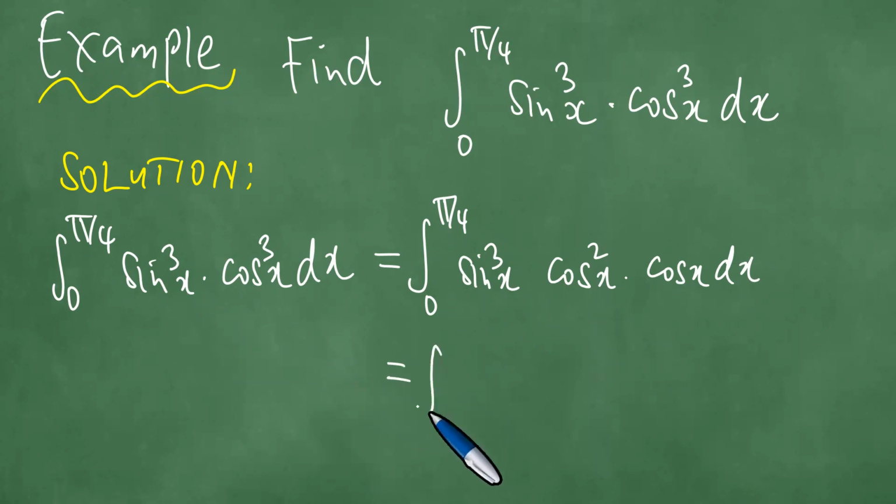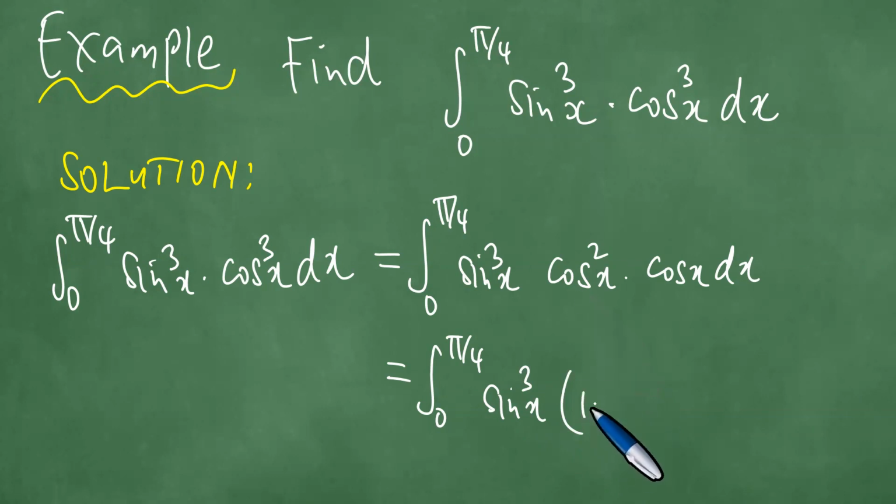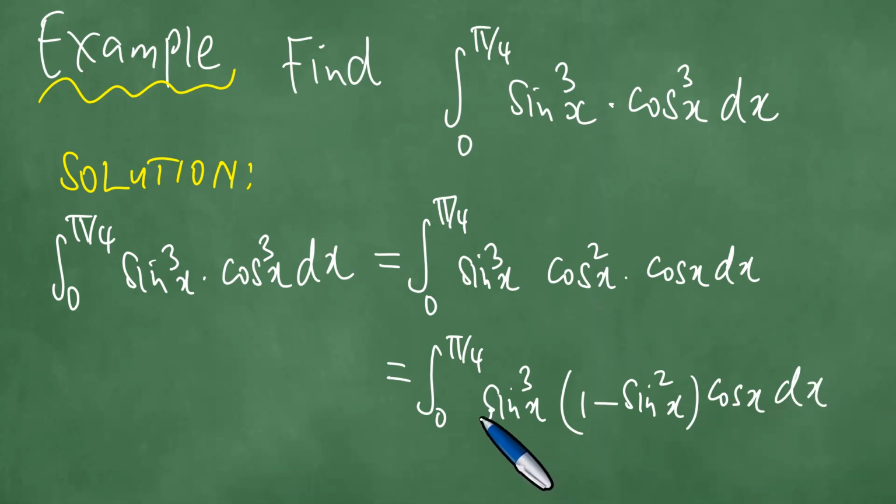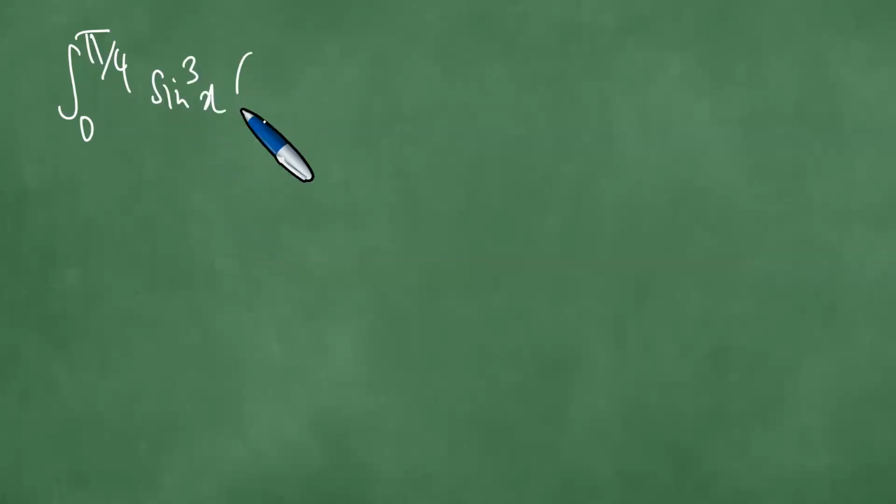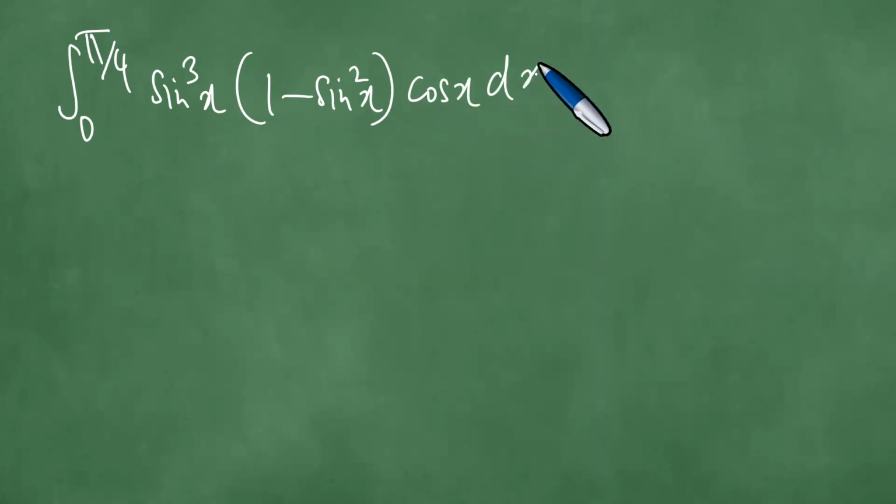Right, and upon further examination, we can see this integral of the sine cubed. Cosine squared is 1 minus sine squared of x, times cosine x dx, like so. The integral of these, which is 1 minus sine squared x, cosine x dx. Right, by distribution,